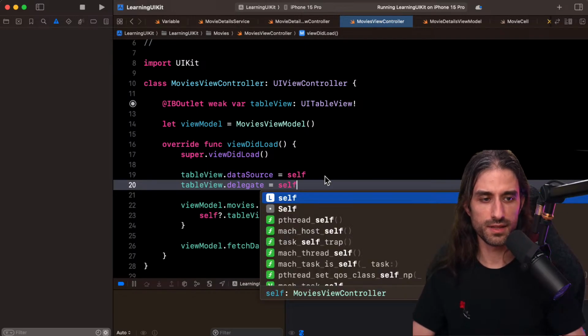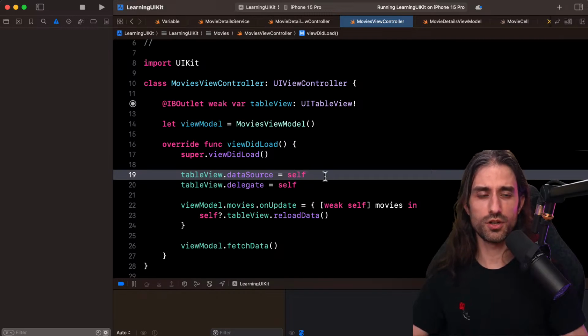I set the delegate. And so at the beginning, we had this question of, am I going to explain the delegate pattern? Actually, we've used the delegate pattern twice because a data source is just a delegate with another name. The delegate pattern is a way that a highly generic component like a table view can ask a third-party object to handle some events or to provide it some data.